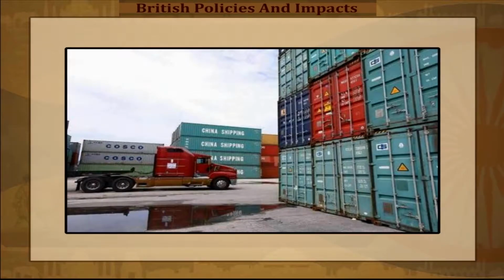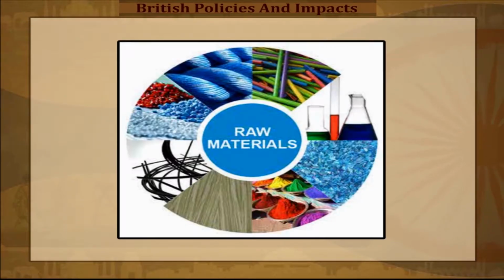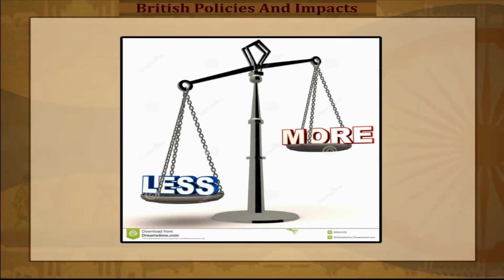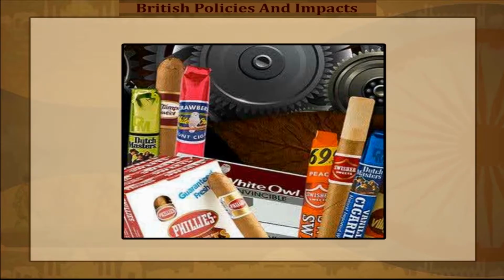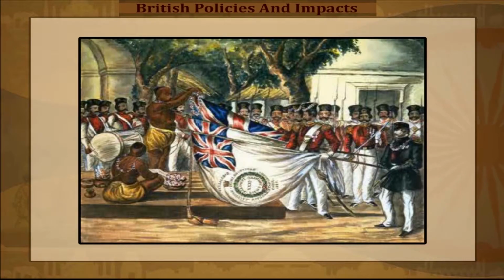Imposition of heavy duties on Indian imports. The British policy of free trade in India. Exporting raw materials from India in large quantities. Oppression of weavers as they were paid less amount than the usual price. The unfair competition with British machine-made goods. Callous attitude of the British administration towards Indian weavers.